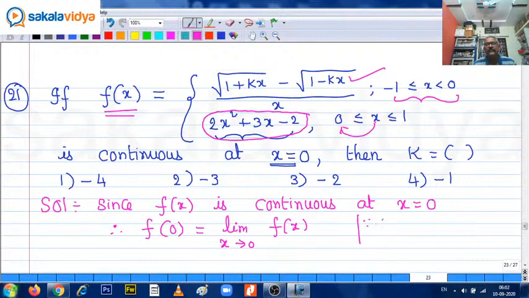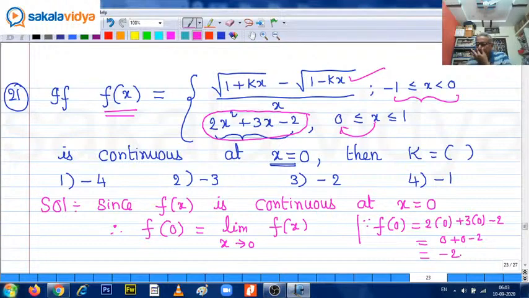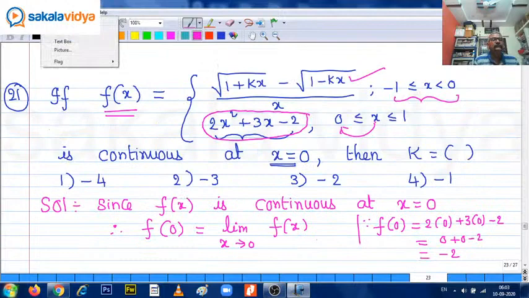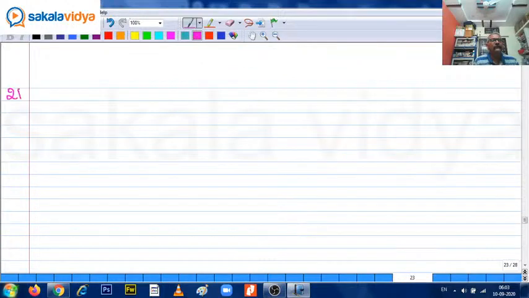First let us calculate f of 0. f of 0 means we need to consider this function: 2 times 0 squared plus 3 times 0 minus 2. That is 0 plus 0 minus 2. That will be minus 2. Okay, 21. So now we have f of 0 equals